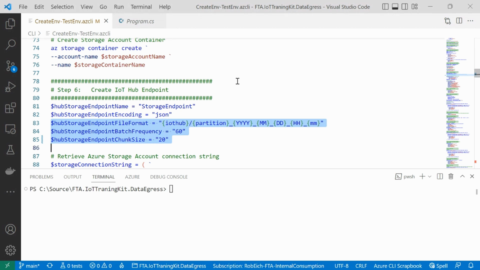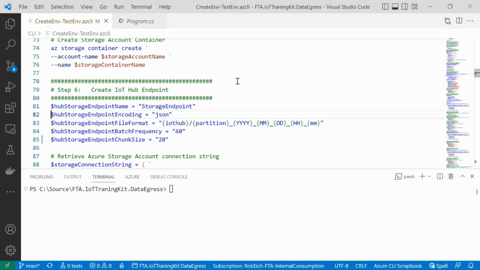That means when IoT Hub is routing information to a storage endpoint, more or less to a file, it does not write every incoming message to that specific file. It really batches the incoming messages. And then here I have two parameters where I can control when this batch is written to the file.